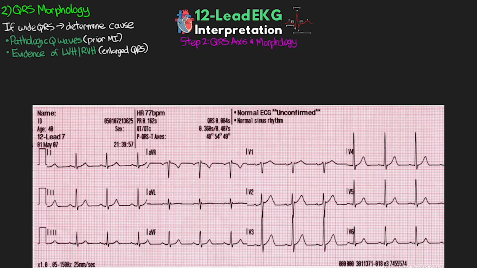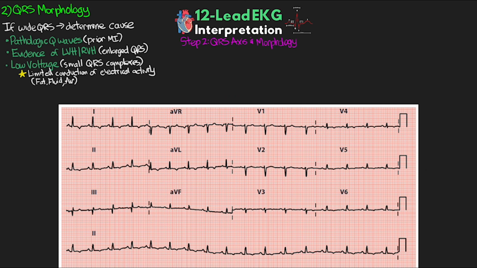We also want to evaluate low voltage, and this would be small QRS complexes across the whole EKG. And this is actually caused by conditions that would limit the conduction of cardiac electrical activity to the surface of the skin, which is where we measure it. This is typically caused by either fat, fluid, or air. Here's just a quick example of a low voltage EKG. As you can see, the waveforms are really not showing very big or defined,